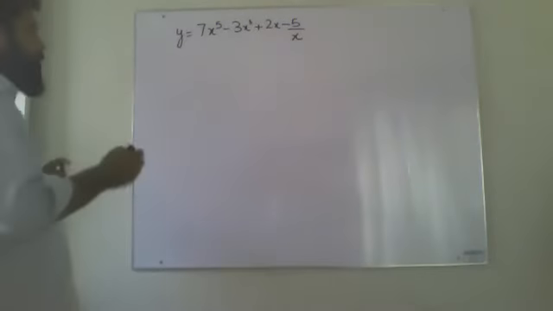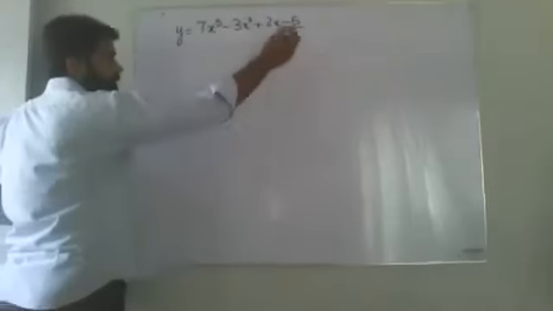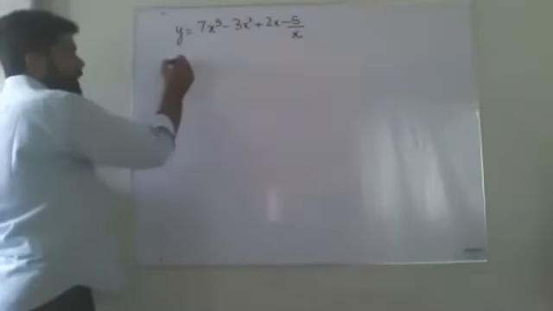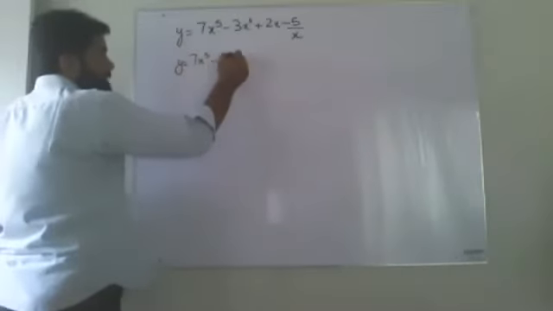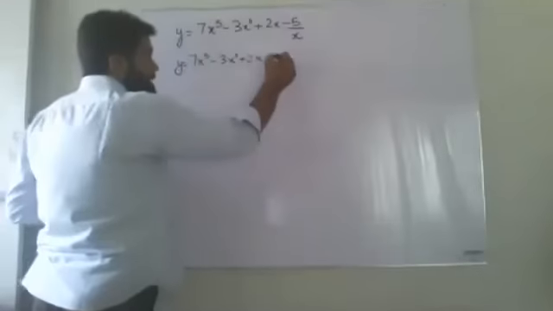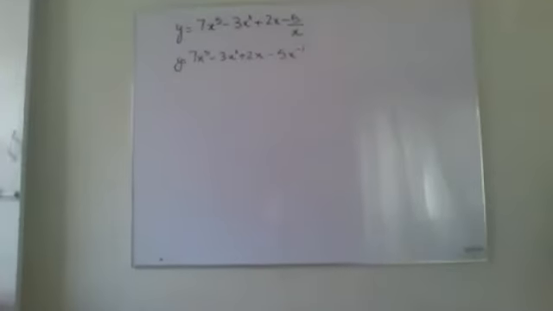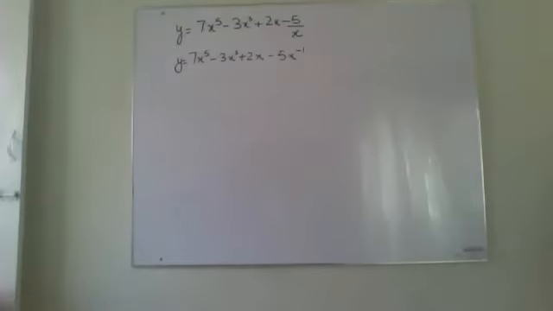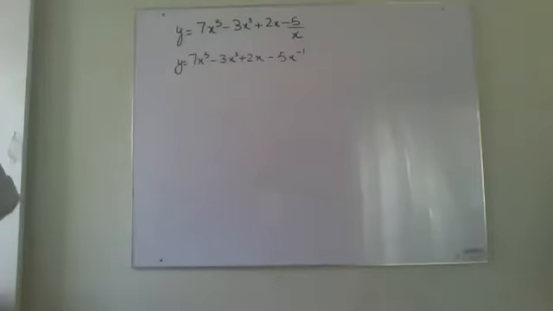So y equals, first of all, before starting with my differentiation, there is an x over here in the denominator and it is a single term. So I'm shifting it. y equals 7x^5 minus 3x cubed plus 2x minus 5 x power minus 1. I haven't started my differentiation because, as you can see, it is y written over there, not dy over dx. I have just simplified it to make my differentiation easy, right?